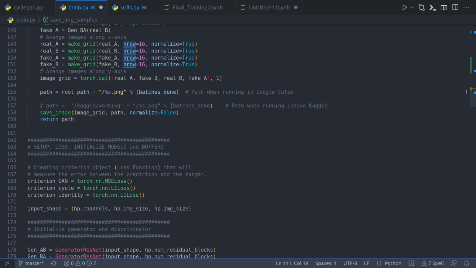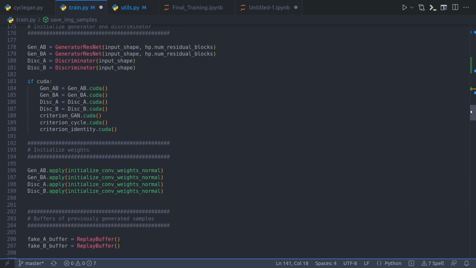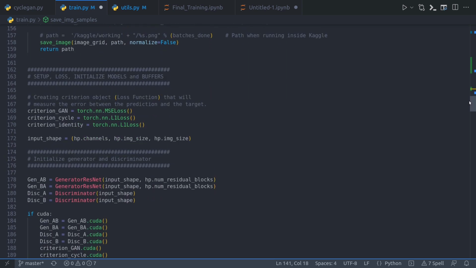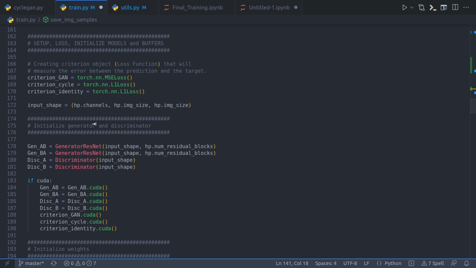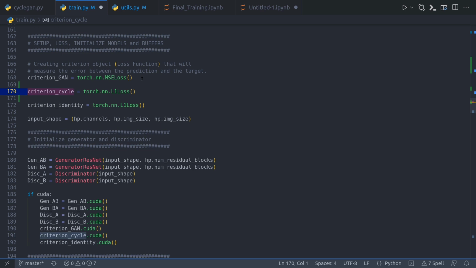And then finally, after all the utility functions, my overall structure is ready to be trained. But before training, I have to declare all these variables, that is my loss, initialize models, buffers, and criteria, etc. So first I'm defining 3 loss functions here. Remember, we have 3 losses in CycleGAN, and the first one is a normal GAN loss, which is in this line, and then I have a cycle consistency loss, which is in this case L1 loss,